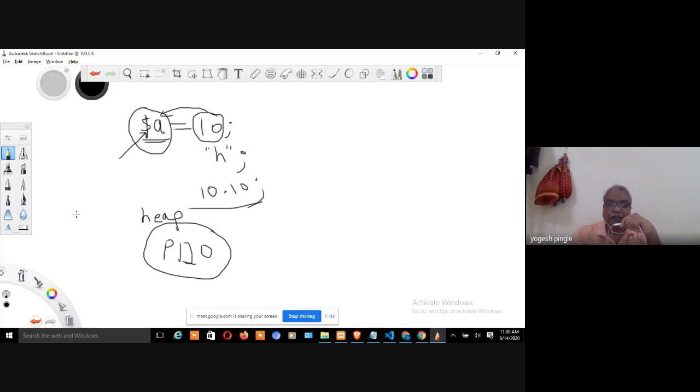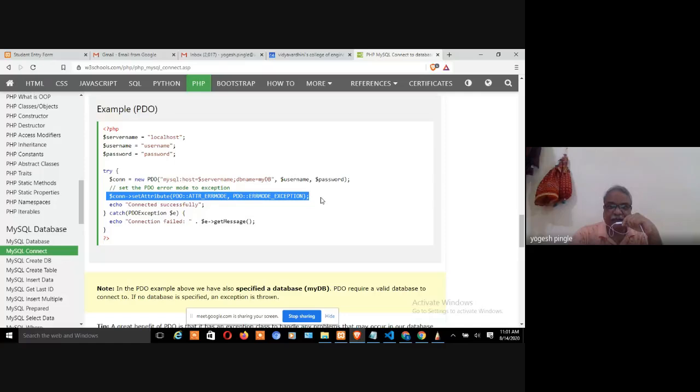We know it because we already learned the Java language, and there is one more memory called stack, where you store the variables, class names, and everything, to conduct operations like mathematical operations and so forth. Whereas heap is a memory which is responsible for storing only the objects. So PDO is the object which has the attributes, and these attributes are going to take care of the connection error. This is the meaning of this particular statement, right?